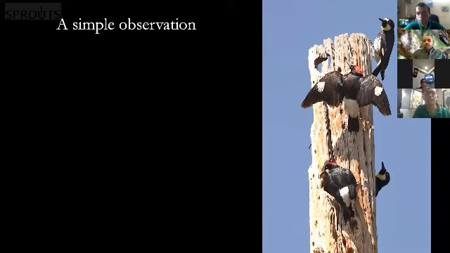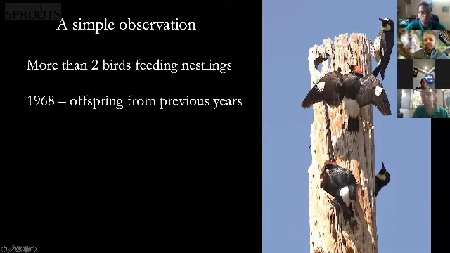So we were talking about this simple observation that someone made in the early 1900s that there were more than 2 birds that were feeding nestlings. And in 1968, McRoberts found out that these extra birds that were feeding nestlings were actually older siblings. And as I'm sure you are thinking, this was really cool information back then, because here was an animal that was very distantly related to us, but was still showing a very human social system, right? Where older siblings are taking care of younger siblings. But back then, this was a very revolutionary thought that an animal would forego breeding.